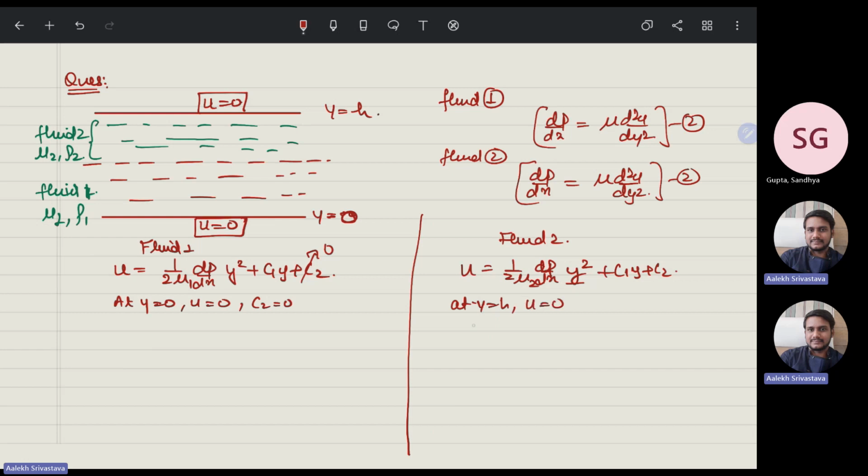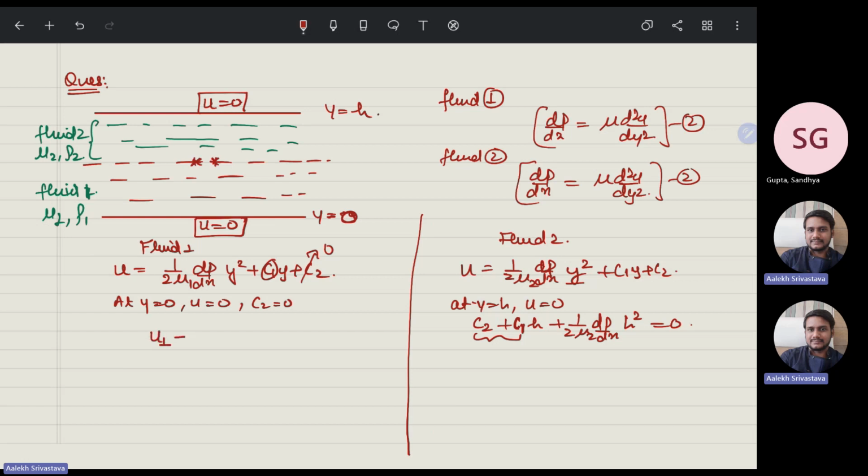So simply if you put c2 plus c1h plus 1 by 2 mu 2 dp by dx into h square is equal to 0. Now we get here c2 is equal to 0. We get one relationship between c1 and c2. Now it is not a completely solved question because here c1 is unknown and here c2 and c1 are dependent on each other. The next boundary condition that will come is at this interface